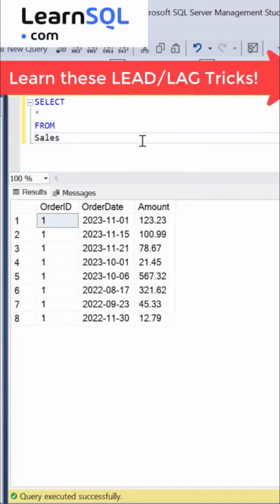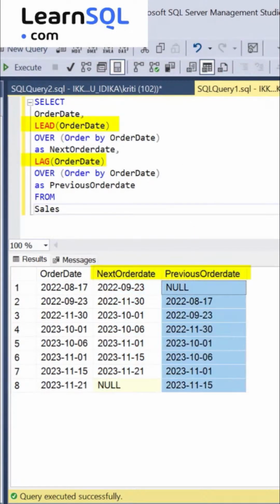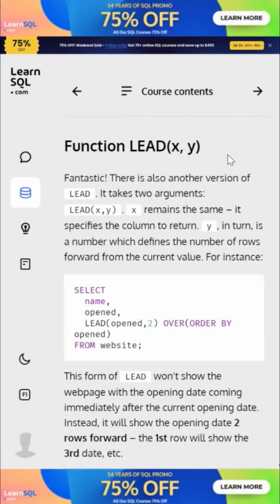The lead and lag functions can help us find the next or previous rows. For example, this query returns the next order date and the previous order date for a specific row. But there are more arguments that can be passed to the lead and lag functions as explained in this course